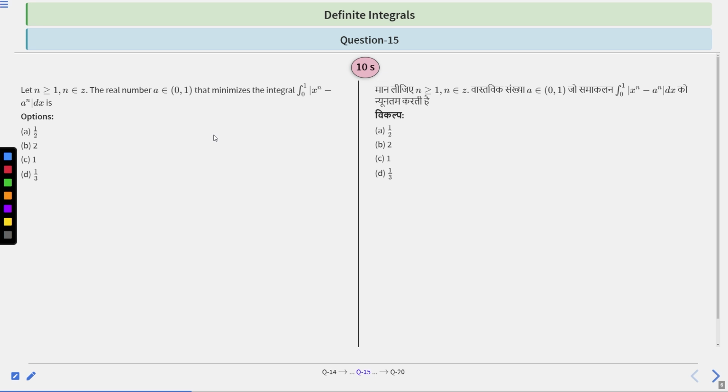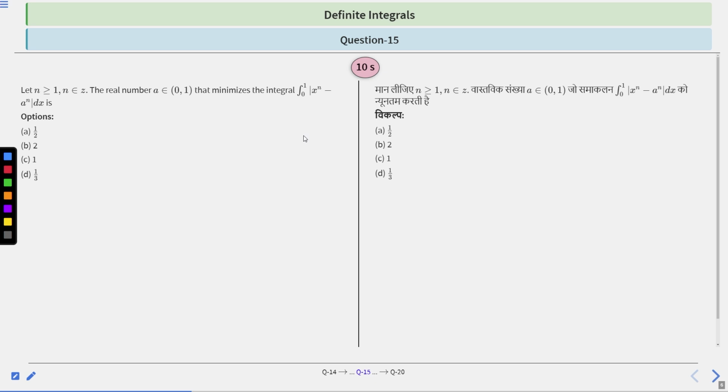Here n is greater than or equal to 1 and n belongs to Z, that is, an integer. That is, n can be 1, 2, 3, 4, like that. Clear? You can say n is a natural number, right? And we have to find the real number a that belongs to (0, 1) that minimizes this integral from 0 to 1 of |x^n − a^n|